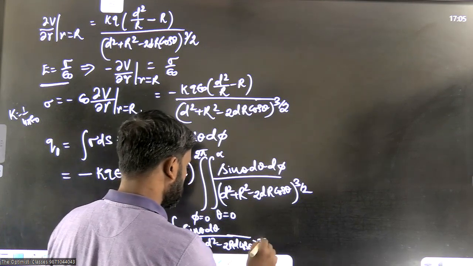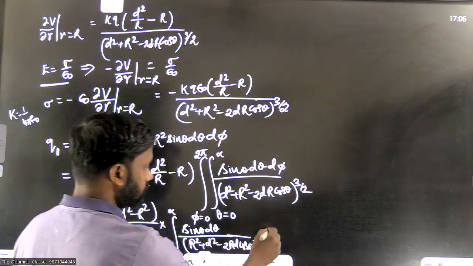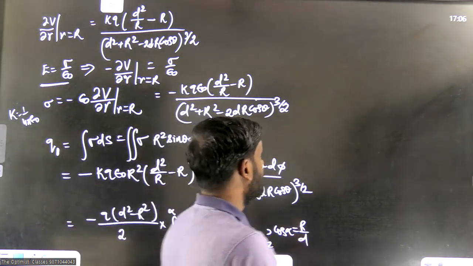This thing is left. Whole power is 3 by 2. Okay. And the limit is 0 to alpha, and I have written here cos alpha. Cos alpha is equal to r by d. Okay. So